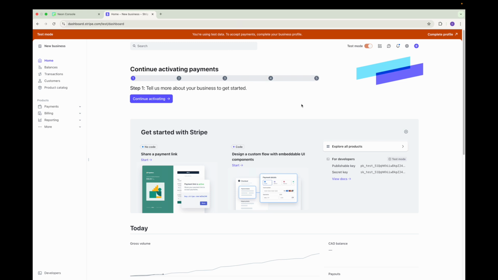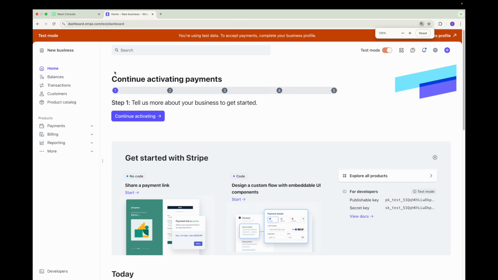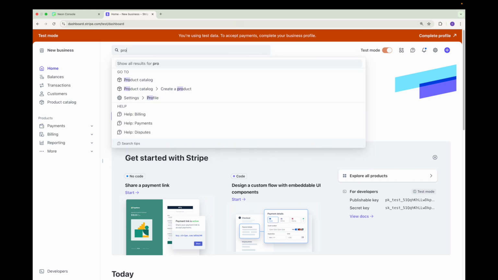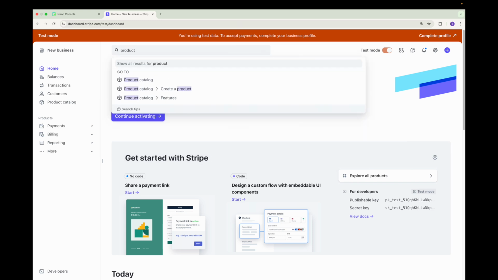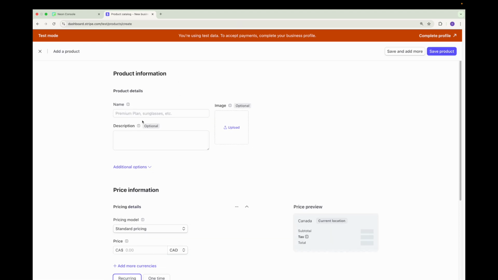Now let's just get started with setting up our Stripe account. And I'll assume that you have completed the registration process and you are staring at the same dashboard as I am right now. So we zoom in a little bit. And the first thing we want to do is to come to the search bar and say product, and we want to choose the second one, create a product, and you can call it whatever you want. Let's say premium